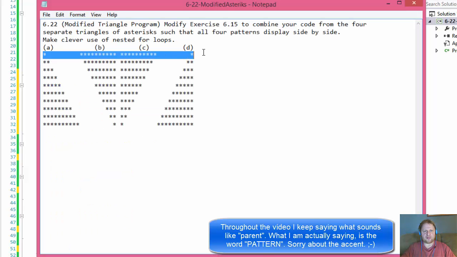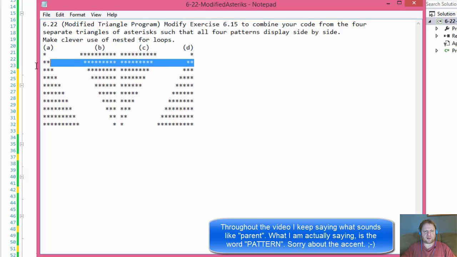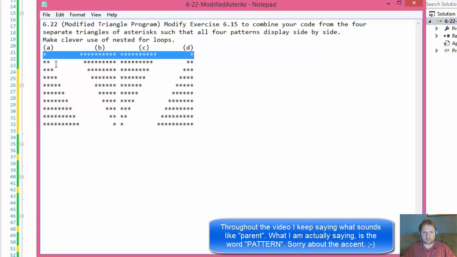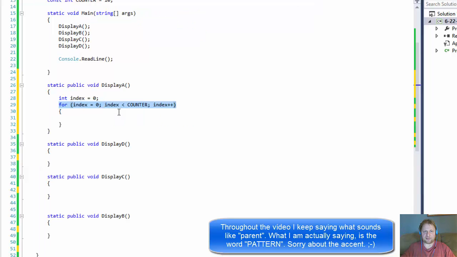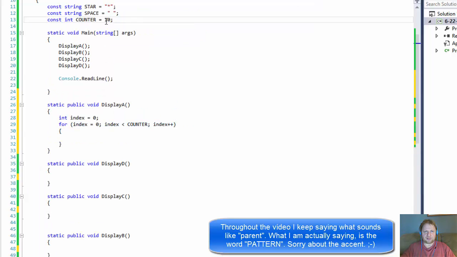This is whole row. This is another row. In other words, we will loop through this row, then this row, not through 1 star, 2 stars, 3 stars, but instead 1 row, 2 rows, 3 rows. In other words, 10 of them together. Counter equals 10. So our inner loop,